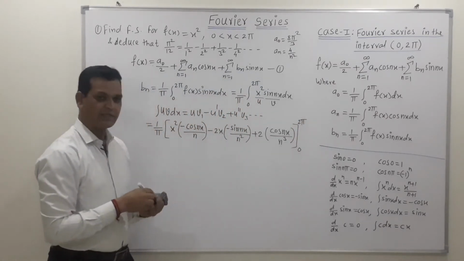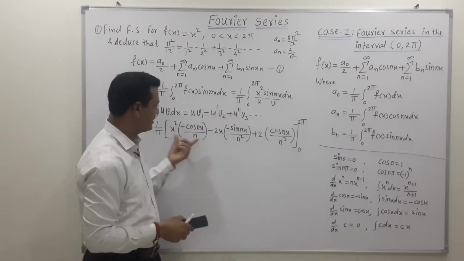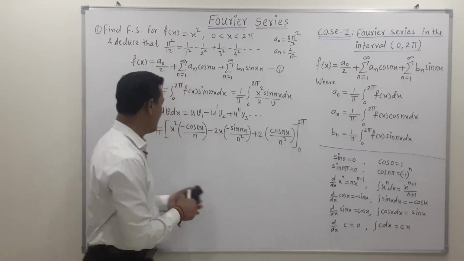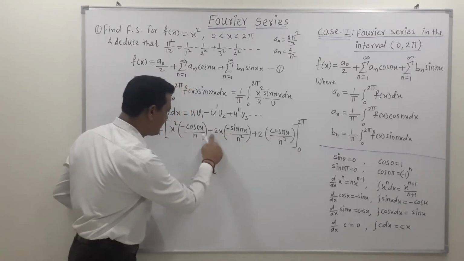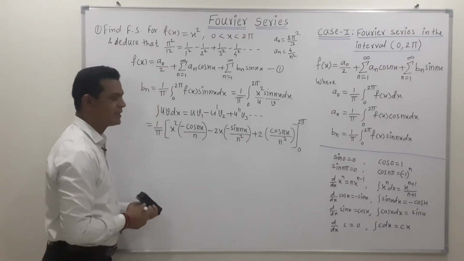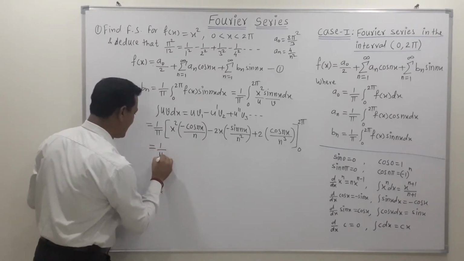So please try to understand that. Here we write the u term as it is. Then for finding the value of the integration, we write a circular bracket, to avoid confusion between the signs. This is the simple step. So we use the general rule for integration by parts. Now the next step is to put the value of the upper limit and lower limit.